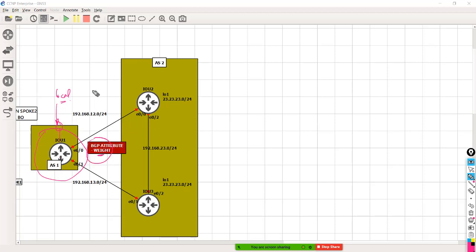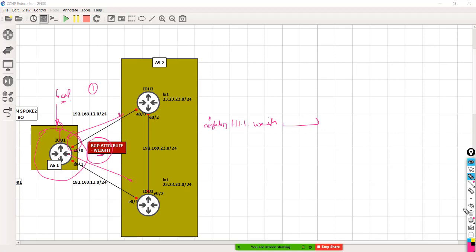So that's the drawback of the weight attribute. I'm talking about outgoing traffic. If I want this interface or this, I can just change the attribute on a neighbor basis. If I say neighbor 1.1.1.1, I can say weight is so and so,